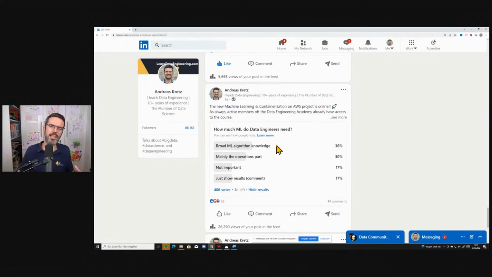I'm thinking mainly of the 30% operations part, that's where most engineers work. Understand how the training works, what's an application of a model or of an algorithm. That's basically what I did in that course.